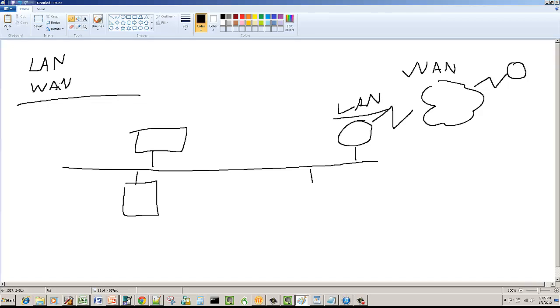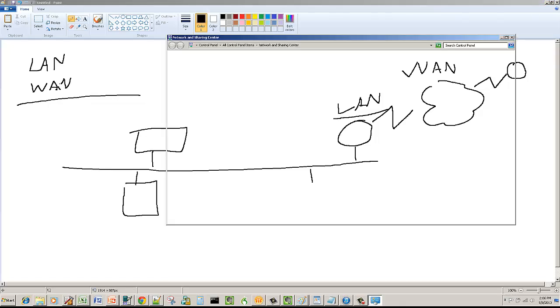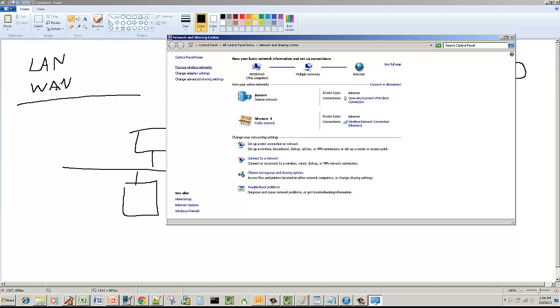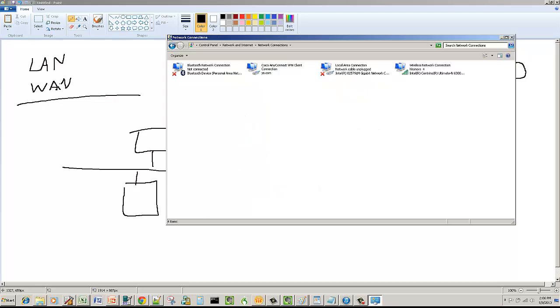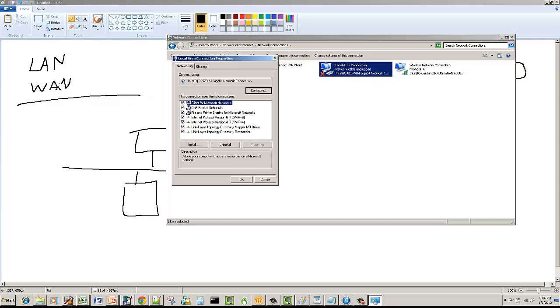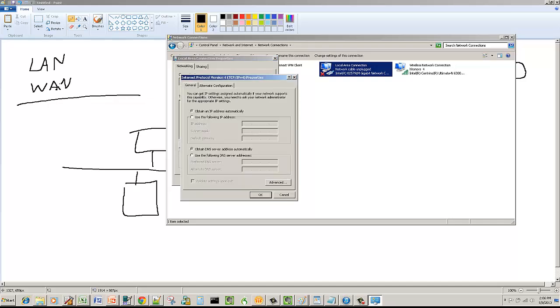What I'm going to do in my next video, I think what I'm going to do, is I'm really going to unpack setting up local area networks. You know what? No, I could probably do that real quickly. I got a little bit of time here. So if I were to open network and sharing, I were to go to change adapter settings, go here, properties, and you're going to notice I got IP4 and IP6. We're not going to go into 6 today. See the following IP address. I can set it. I can set my subnet mask, my default gateway, my